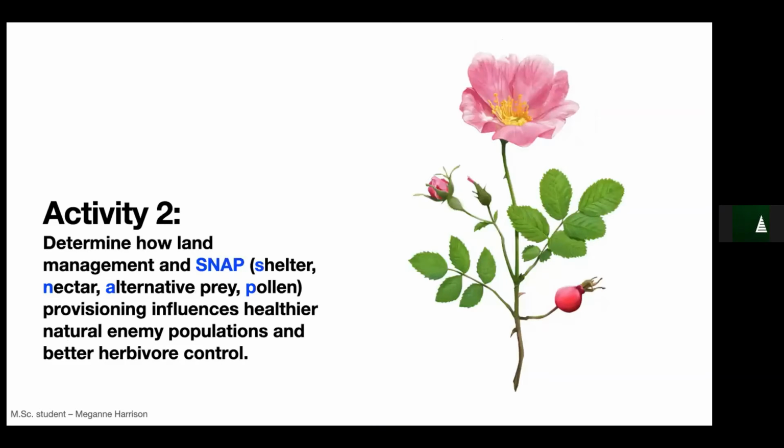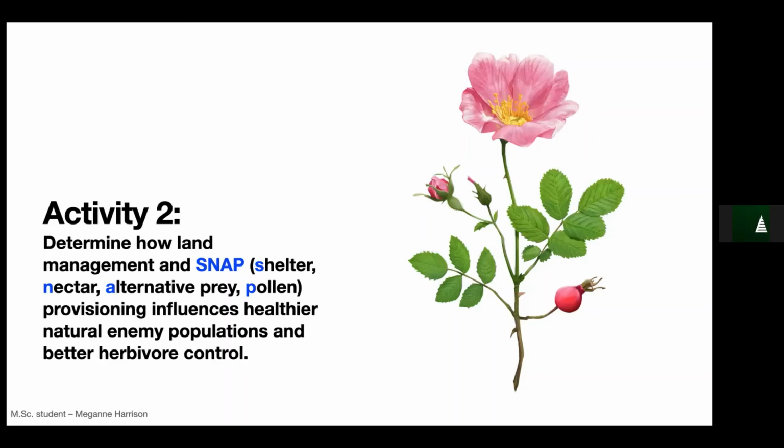Activity 2 is also being run by Megan, and this is where she will ask various questions related to what causes particular herbivore populations to be prevalent in an area, or even more importantly, what causes particular natural enemies, so predators and parasitoids, what helps their populations to be healthy in an area to help control herbivores. And one of the things that is often discussed in terms of keeping natural enemy populations healthy